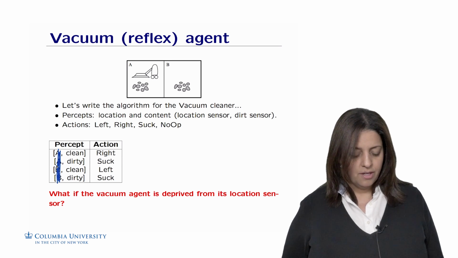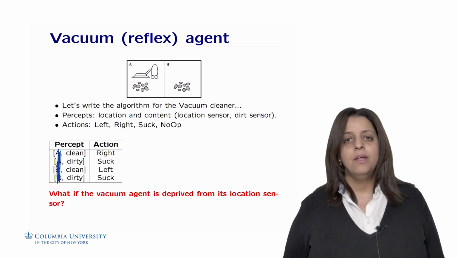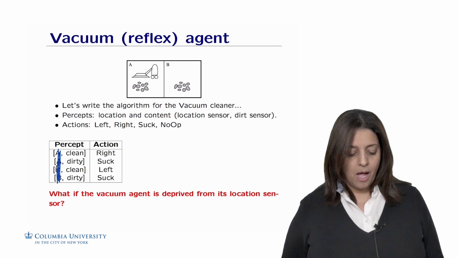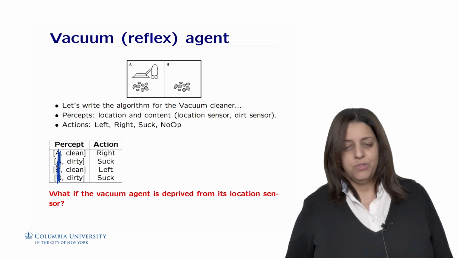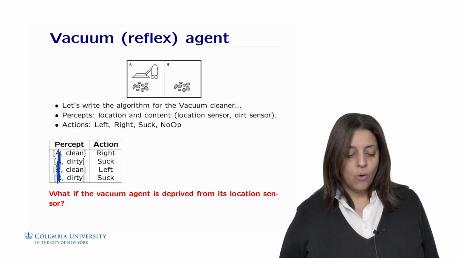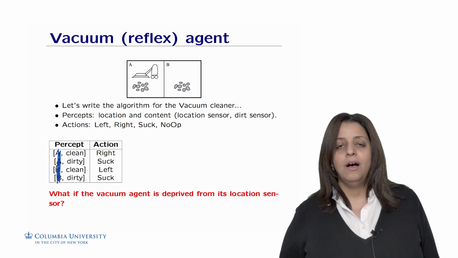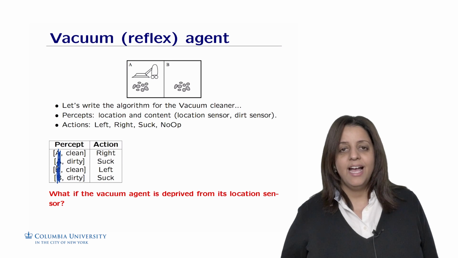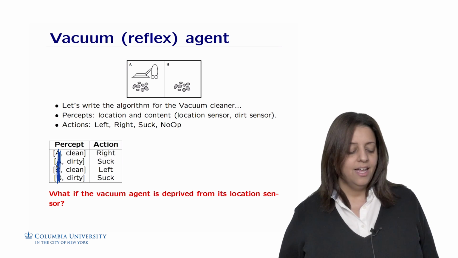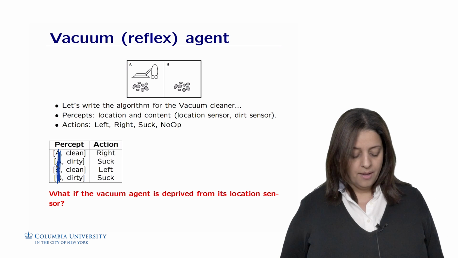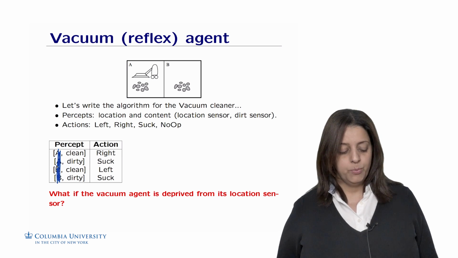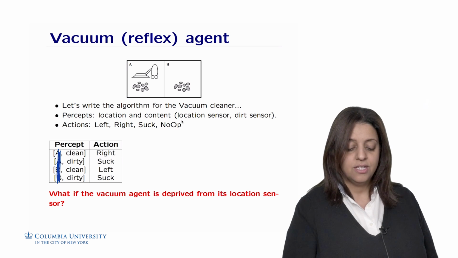And this is the problem with the reflex agent, that they are limited if they are partially observable. So in this case, if we are in room A and we don't know what to do because we don't know in which room we are, and we ask to go left, then we're going to have loops happening here because we're never going to finish. So if we're in A and it's clean and we go left, left, left, left, and same thing if we're in B and we go right, right, right, right, that's going to be a problem.